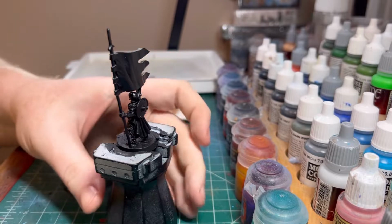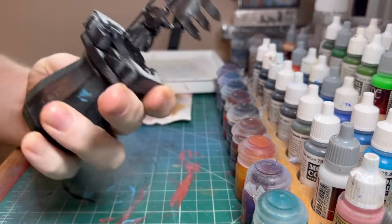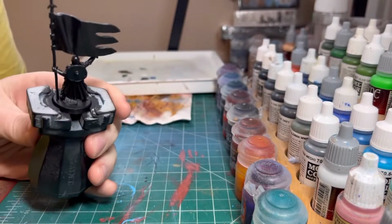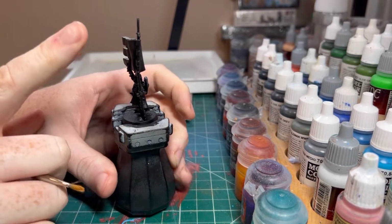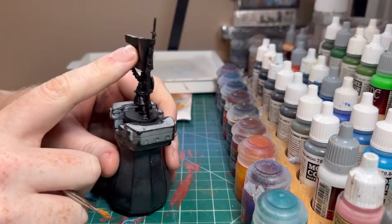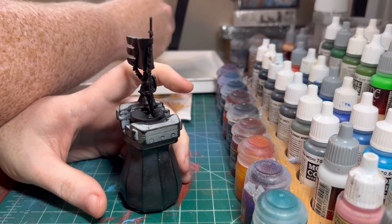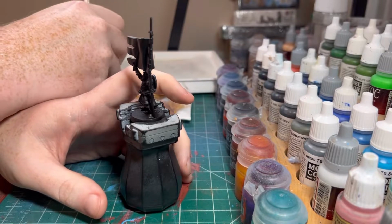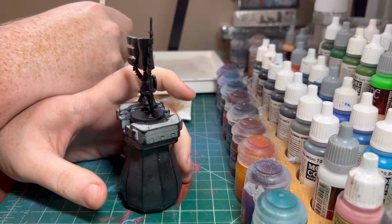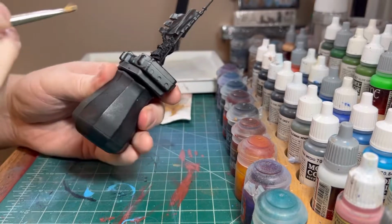Today we are going to be painting Boromir, Captain of the White Tower. And we're going to see how this goes, because this is a pretty big surface to paint, and it's mostly white. But first, we're not going to deal with that. We're going